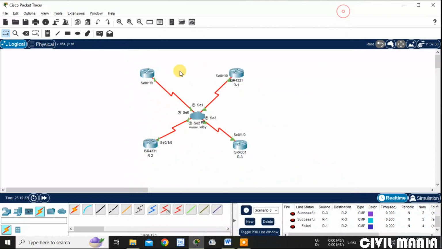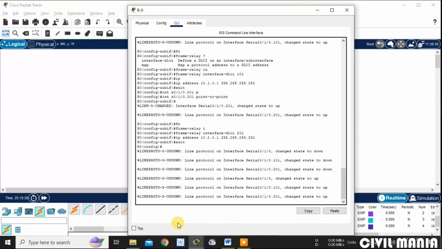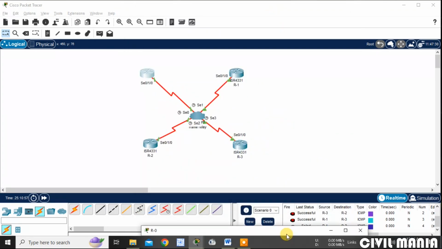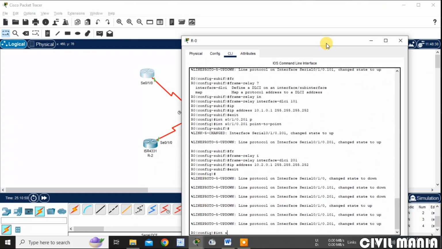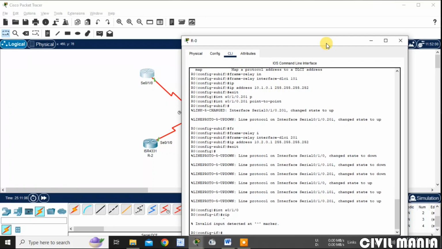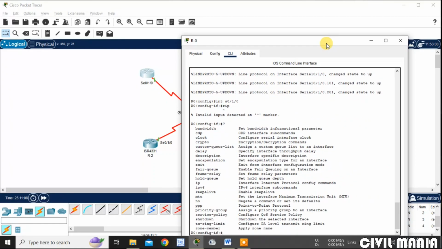Now let me go to router 0. Here I have to write, first of all, interface 0 1 0.